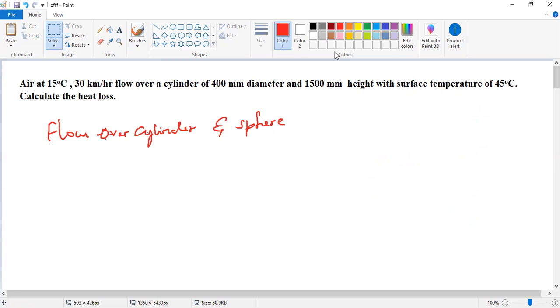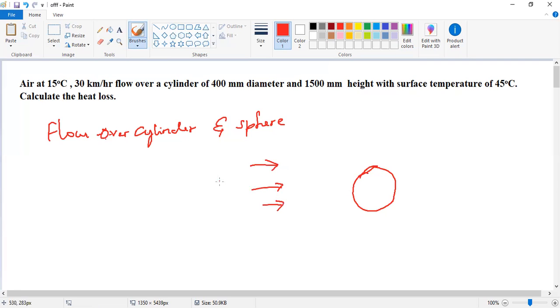The flow of fluid has two regions, with the thickness being the boundary layer thickness of the fluid flow, like in a cylinder and sphere. So we consider the sphere. This is a sphere, a ball or anything like that. The flow is in this direction.